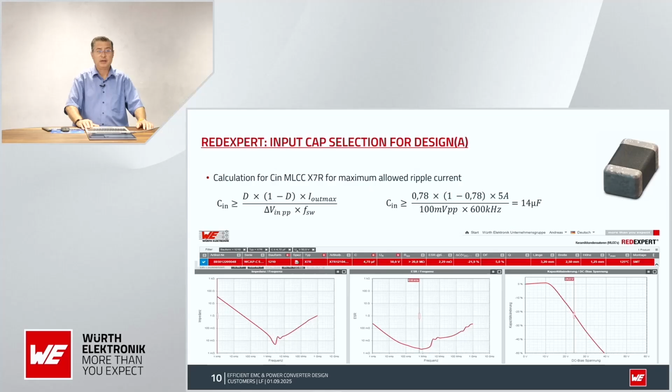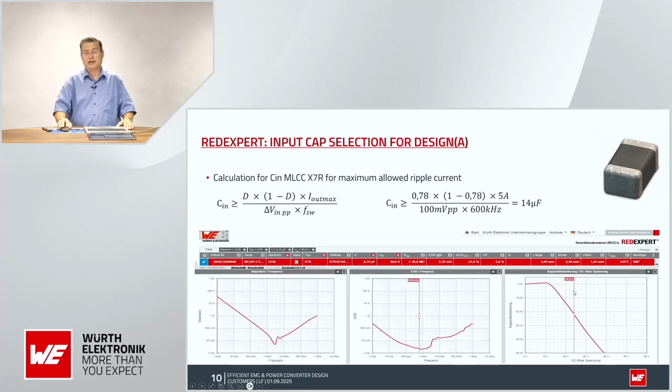Now for the input capacity, of course, by the 600 kilohertz, I would expect not more than 100 millivolt peak to peak on input noise. So for this calculation, I will need 14 microfarad in this case and maximum current. I would go by 4 times 4.7 microfarad in this case, because I don't like to concentrate all on one single capacitor. I like to put capacitors at input and also at output in parallel,